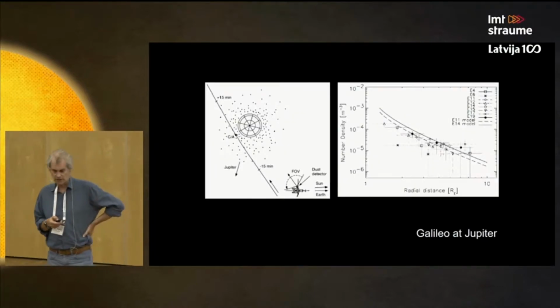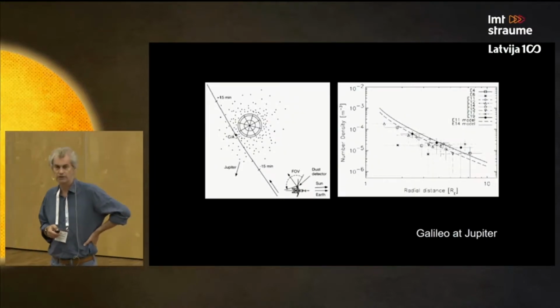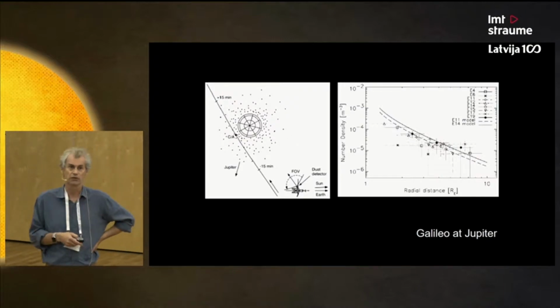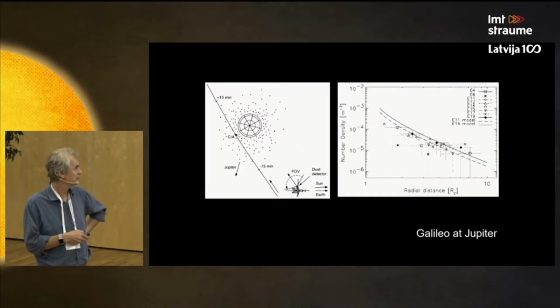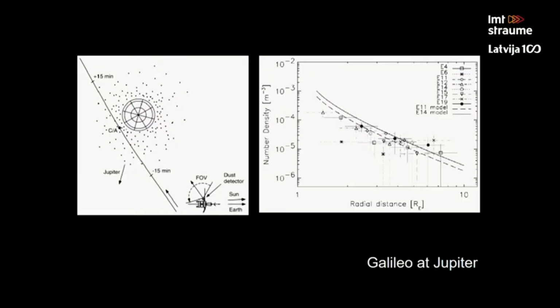So basically, when we started to put together the instrument for NASA's LADEE mission, which was supposed to explore the dust exosphere around the moon, what we assumed is the scenario which has been found by the Galileo dust detector in the Jovian system. The Galileo dust detector found dust clouds around all of the Galilean moons. And this is an example for